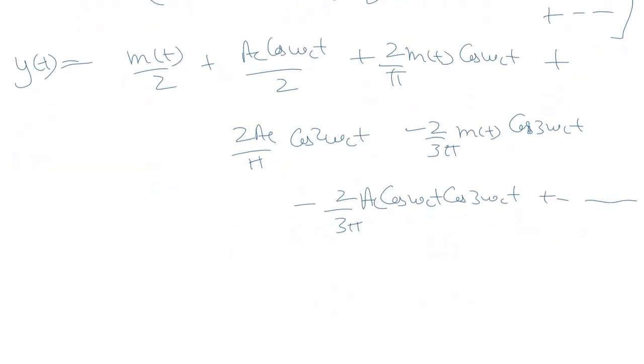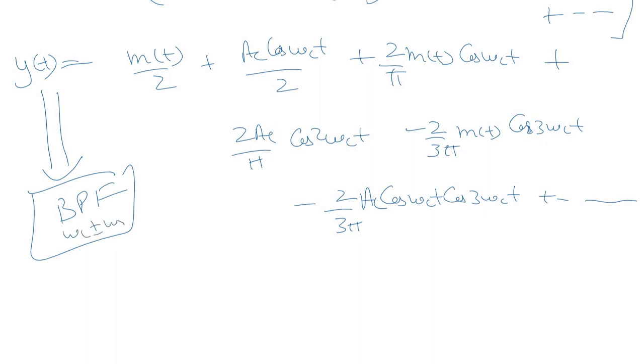Now this y(t) will be passed through a band pass filter with the pass band of ωc ± ωm, which will eliminate some of the terms and pass the others. So when we pass this signal y(t) through the band pass filter with the pass band of ωc ± ωm, let us analyze this expression and the terms that will be eliminated.